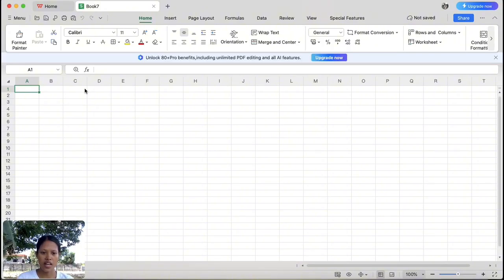Now I'll enter 10 rows of data in 2 columns. In column A, I'll enter numbers like expenses or grades.